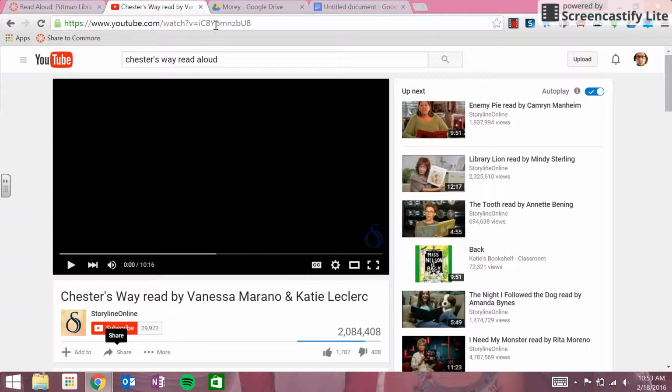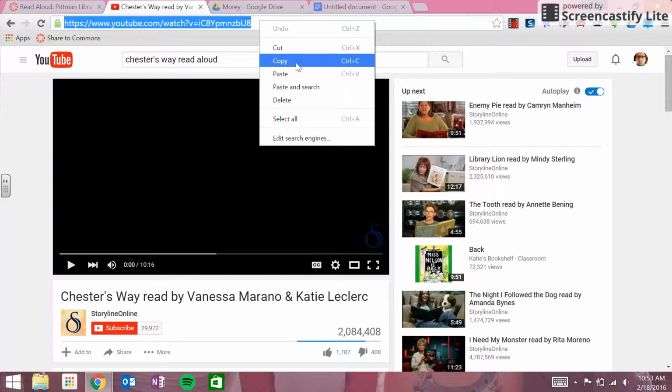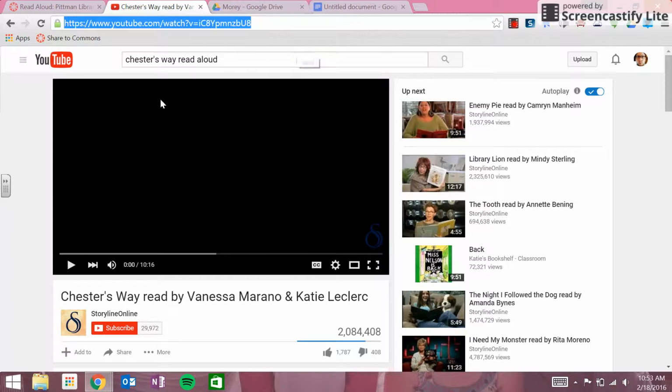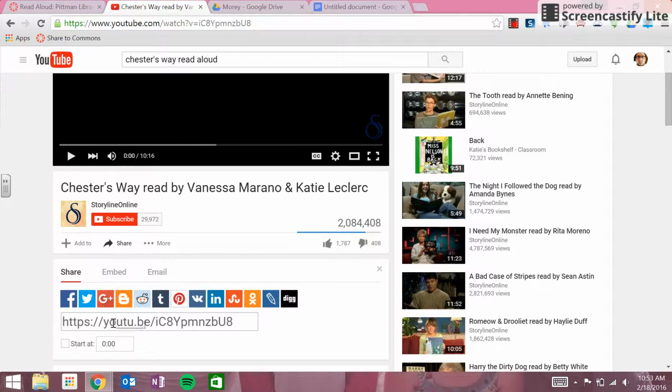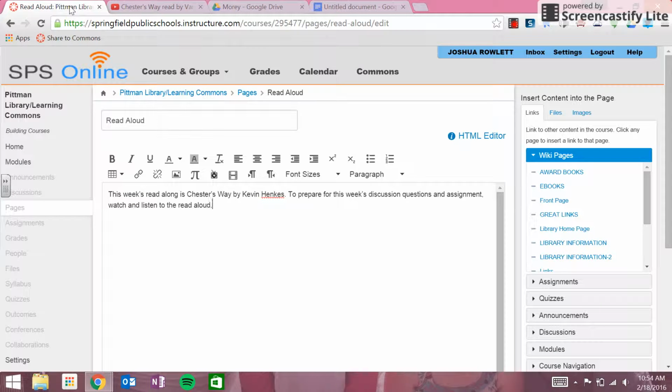You can see at the top that I have that right here. If I click in the address bar one time, the whole thing highlights in blue. I can then at that point right click and copy. Or I can get to this another way. I can scroll down to the share button. If I click on the share button, you can see again that that URL is right there. I could again click inside of that box, right click, copy, and then I can travel back to my Canvas